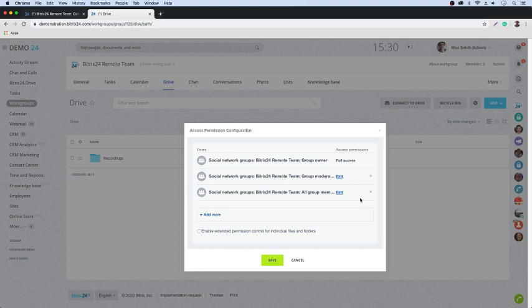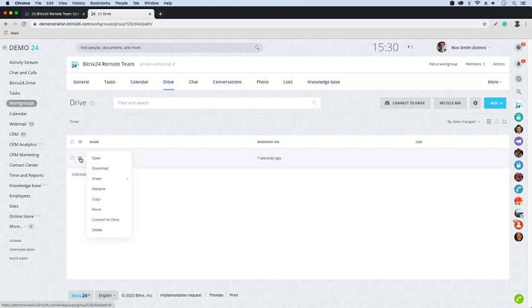This is the reason why you just decide who is at what particular level, because you can then assign the permissions to files and folders. If we didn't want any normal group members to access the drive, we could just take them off this particular area. What we can do as well is if we just click on cancel here and just go to this